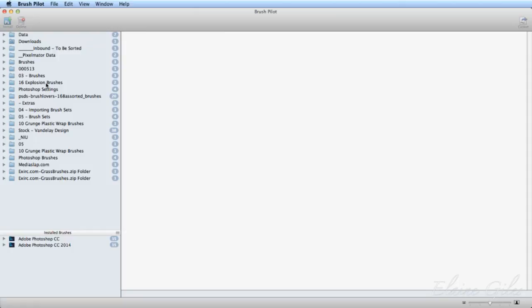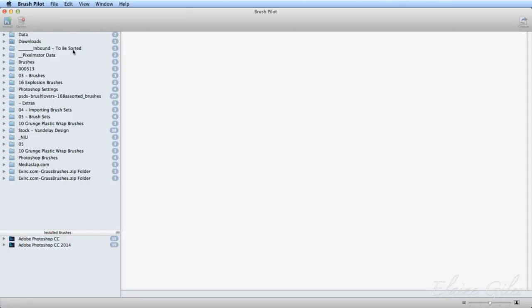And I didn't bother tidying up before I did this either. I thought I'd let you see really behind the scenes. What this does is it searches all the hard drives that are attached to this machine, and it pulls in any brushes that it finds. That's what it's doing in the top half on the left.